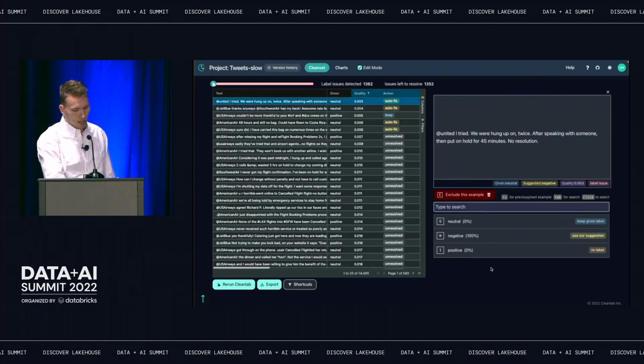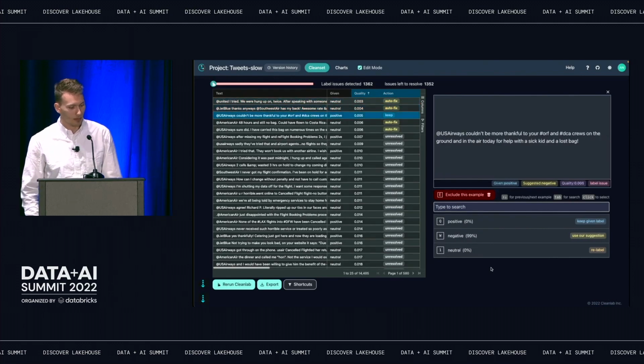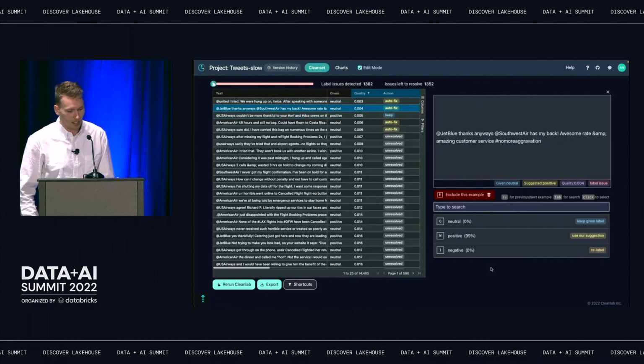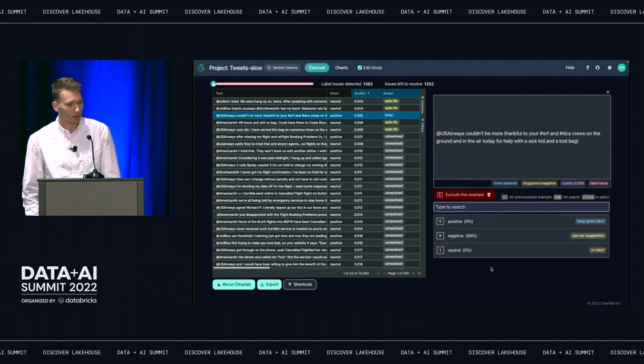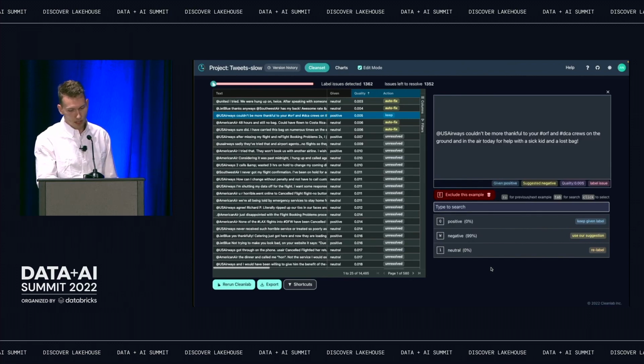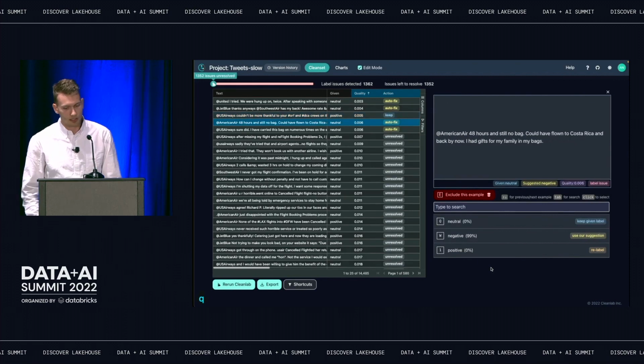So if you check in the bottom left of this video, you'll actually see the buttons I'm pressing display on the screen. For example, up and down lets you see different examples. And if you want to fix or change or check an example, it's a single button key press. So here you're just pressing W and it just uses our suggested. In this case, I think the actual thing is correct, that it was positive.